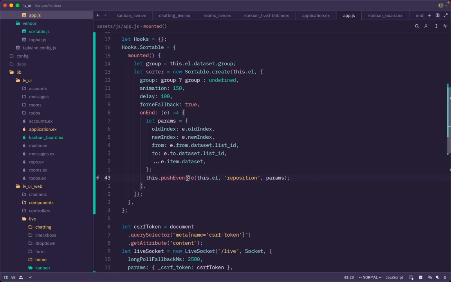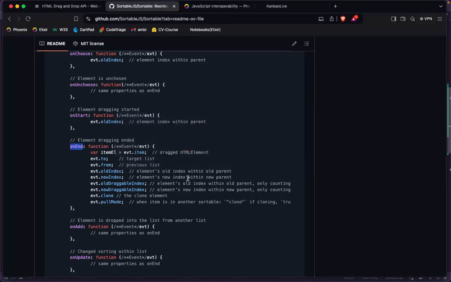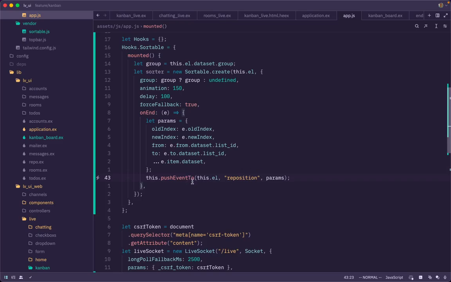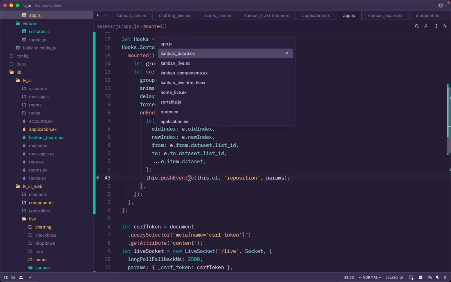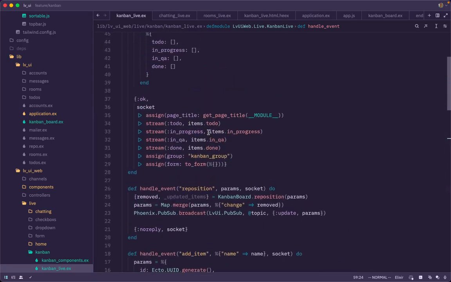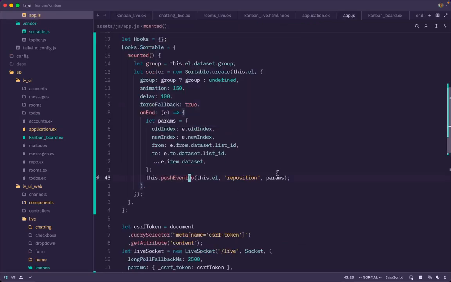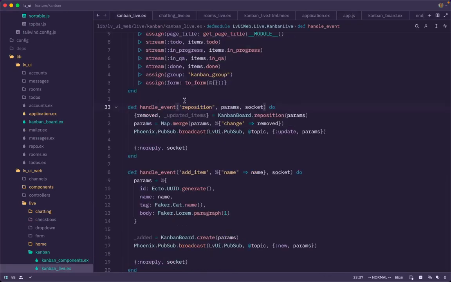So you can see the documents here, the push event in the live view. So it pushes event to the live view server, and when it pushes we will receive the same here. Yeah, handle event, whatever the params we passed here, and this is the event name, and I'm just repositioning all the list